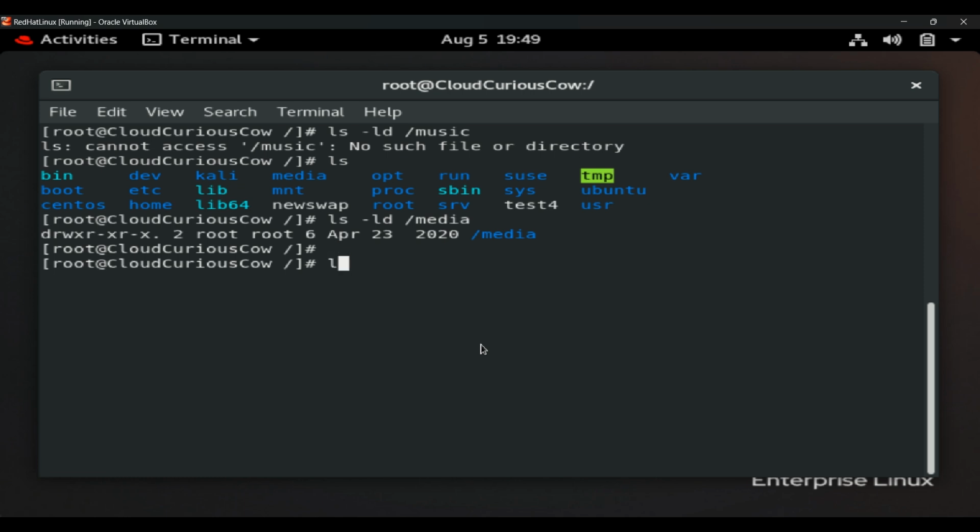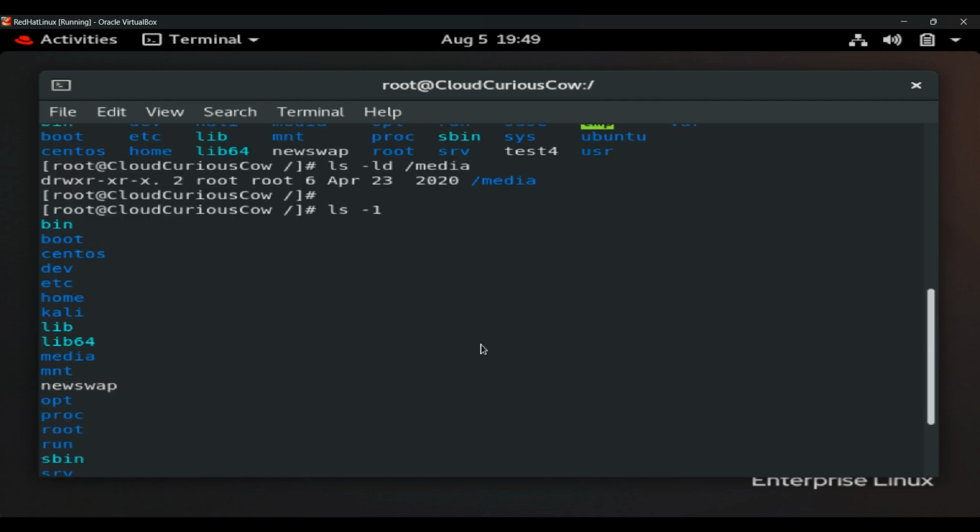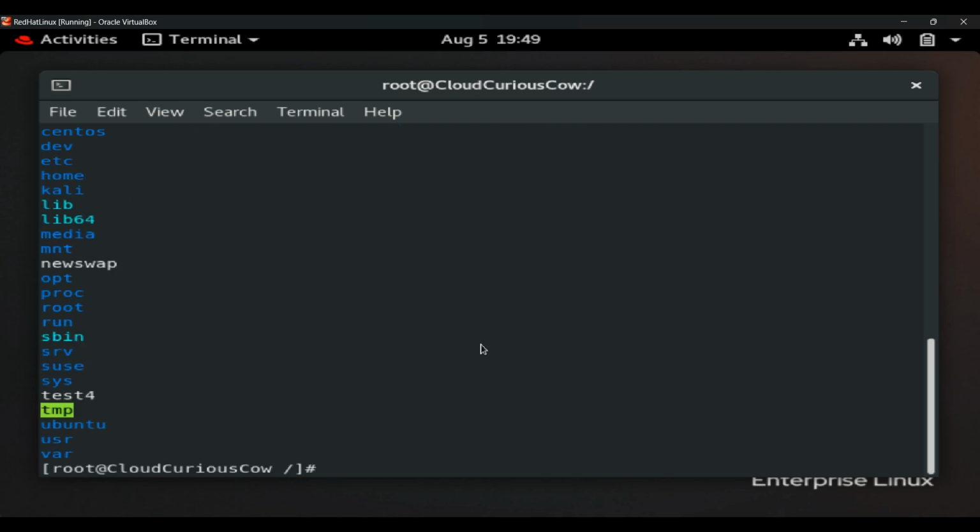Now I want to list in a single column. So I'll do ls -1, which will list in a single column in ascending order. Right? You can see here, it's in ascending order and listed in a single column. Similarly,